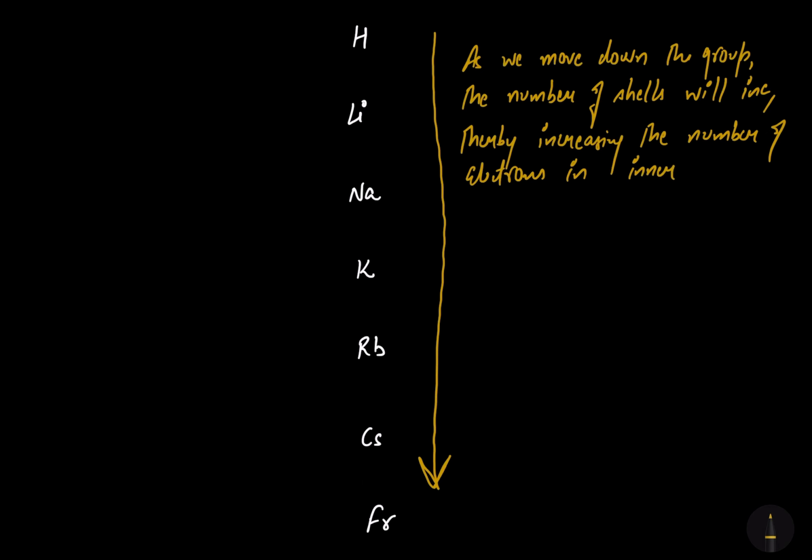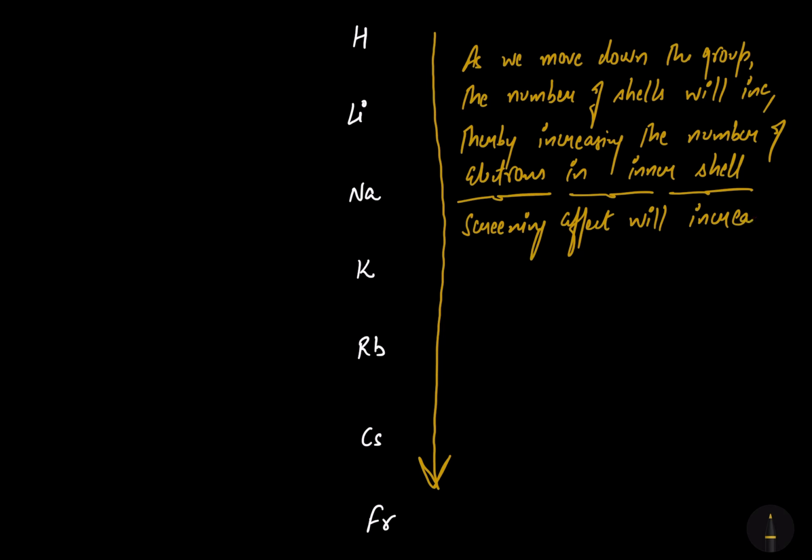In inner shells. Then what will happen? Then the screening effect will increase. But down the group, effective nuclear charge must increase, because down the group atomic number is increasing, so the number of protons is also increasing. Then if nuclear charge also must increase, then what is happening actually? What is happening actually? Screening effect